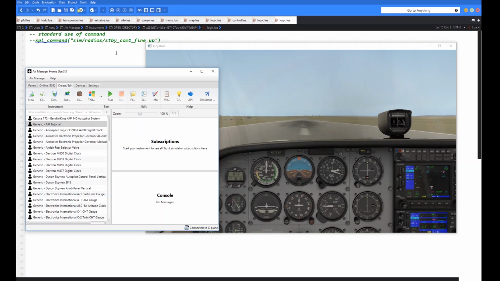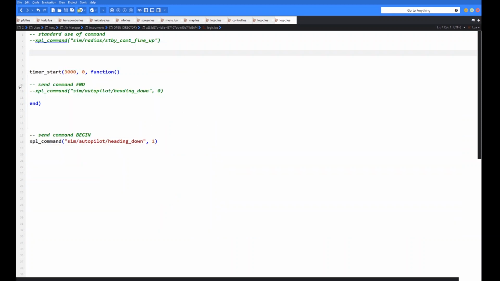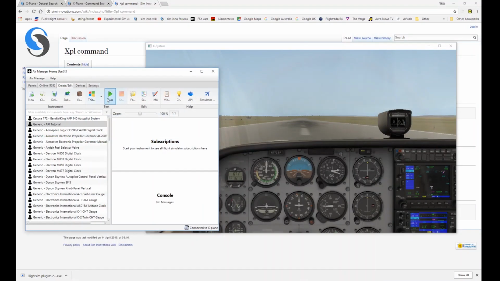Okay, now the way to fix that particular issue is, when you do a begin, to always follow it with an end. Now what I've got here, you don't need to worry about the timer code too much, but essentially this just puts a delay of 3000 milliseconds, so 3 seconds, and then issues this command, just so that we can see the effect within the sim. So if I unedit that now, and then we rerun this again, what you should see happen, oops,